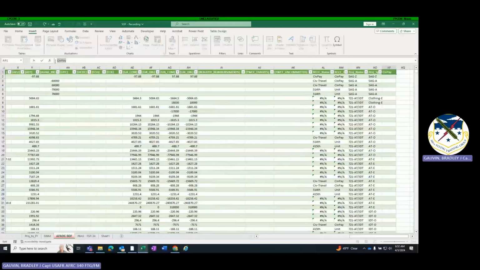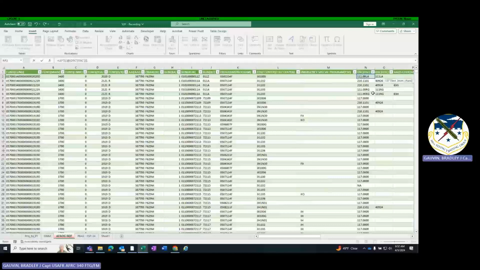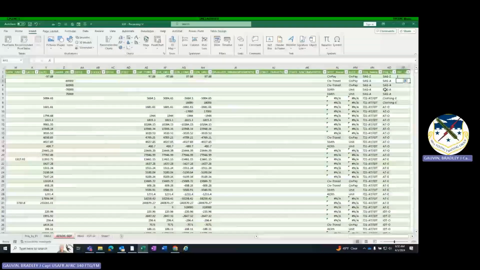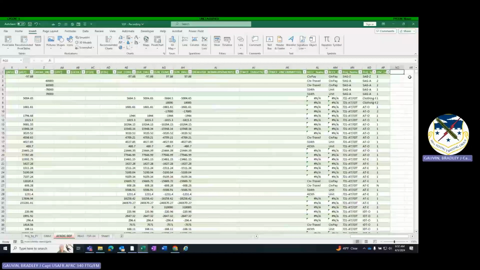Here, we could do OSC, left 1, and we could go equals LEFT. It's going to ask you left of what. I'm going to say my OSC, which is your object class, comma 1, close parentheses, and that's going to give me the first number in the OSC. So I can then write a